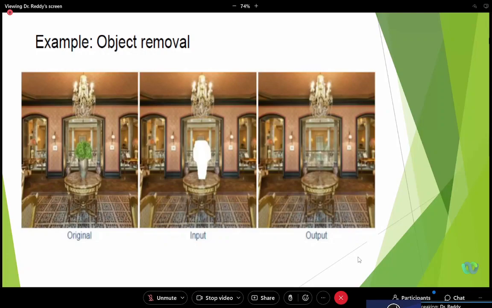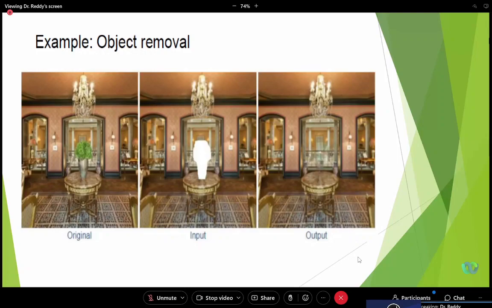If it is not there, then you have to see behind it. Certainly there is an image region, a particular object behind the flower vase, but it was hidden while capturing the image. So when you remove this flower vase, your job is to go back and reconstruct the actual missing image, because that region was not captured. Now, how do you reconstruct that?